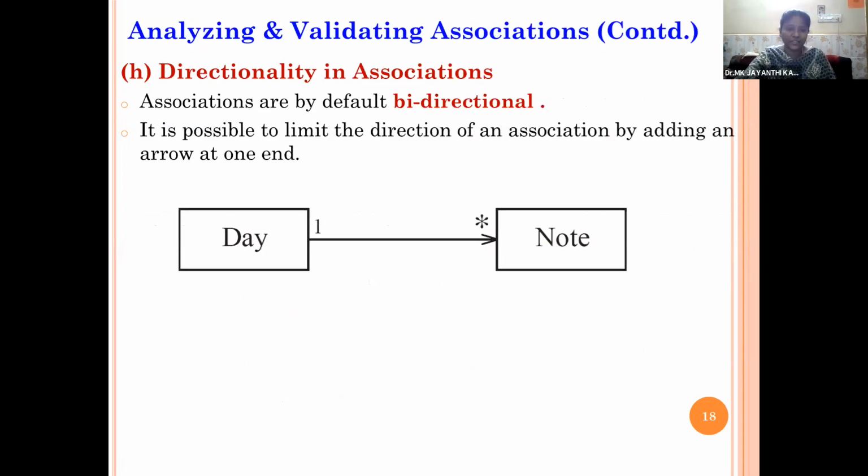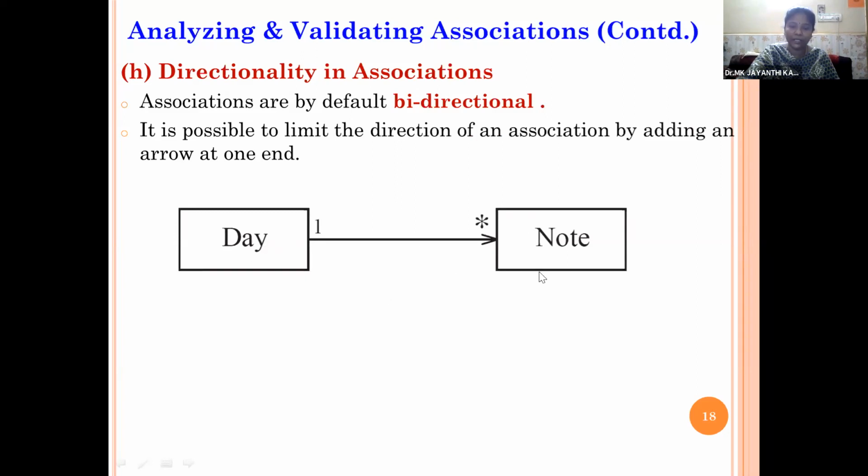Now, directionality in association. We can use a single directional association. Previously we did not use any direction. Here, if you want to mention the flow of action, one day is associated with a note. If you want to make some note for a particular day or activity, you can create it.